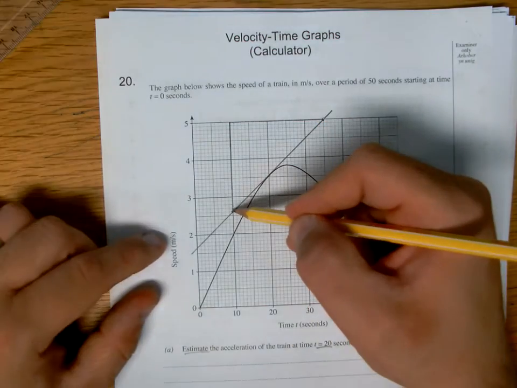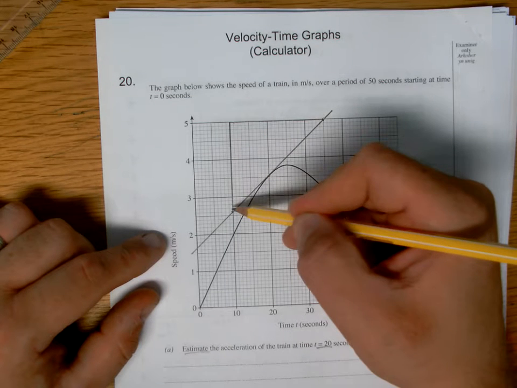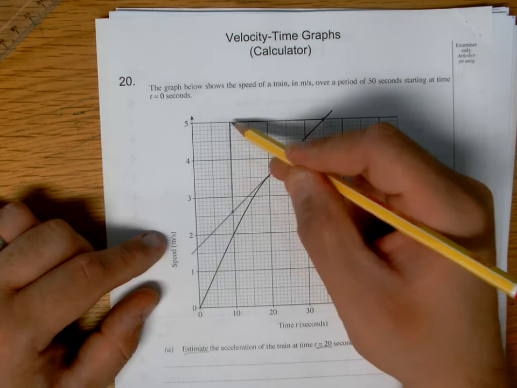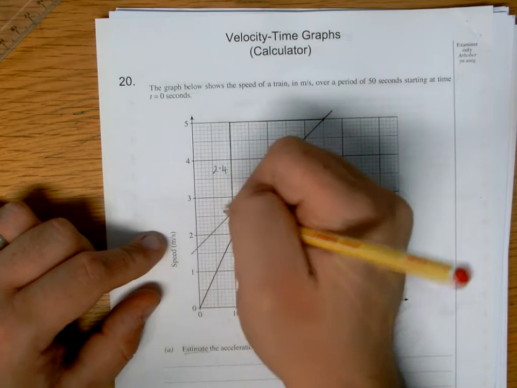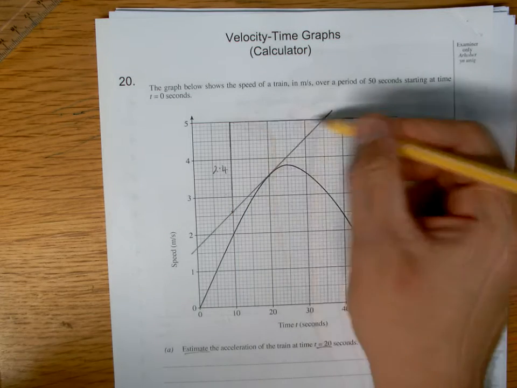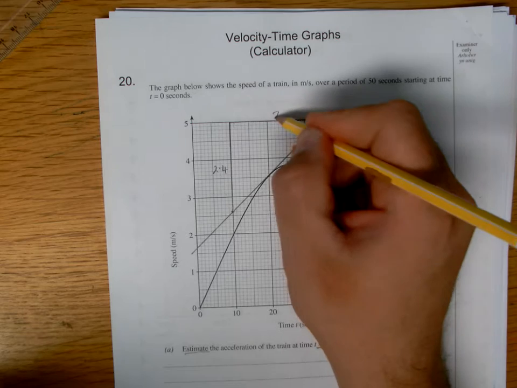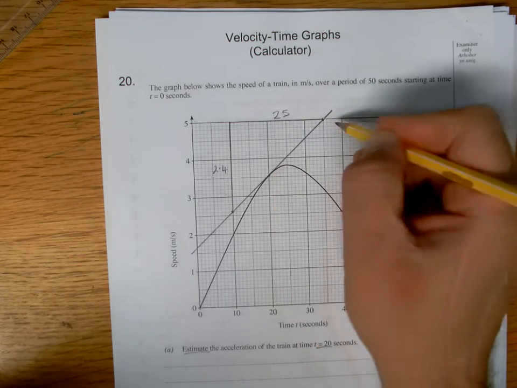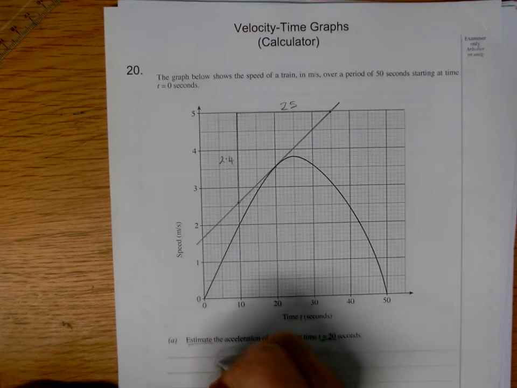So let's see how much I've gone up. Well, I've gone up from 2.6 to 5, so I've risen 2.4 if you take them away, 5 take away 2.6. And I've gone across from 10 to 35, so I've gone across 25, haven't I. So when I then work out the acceleration,